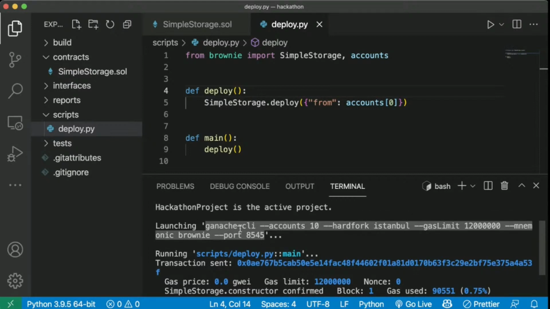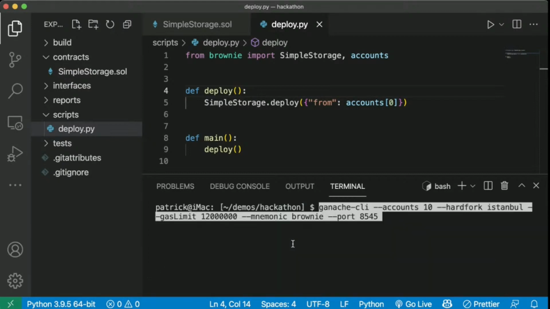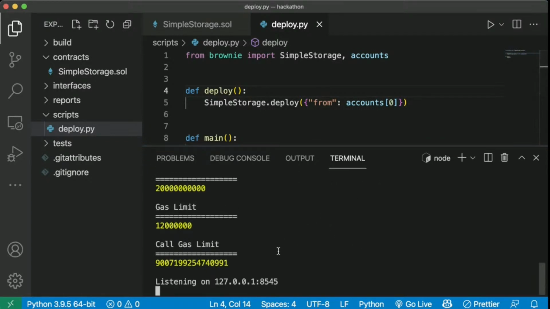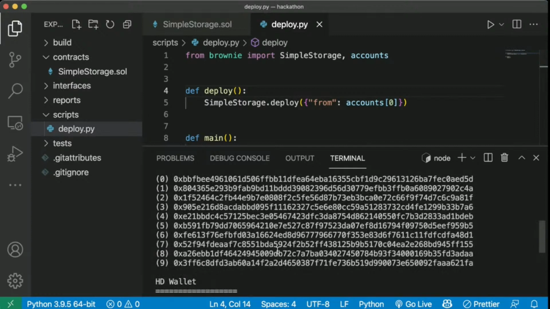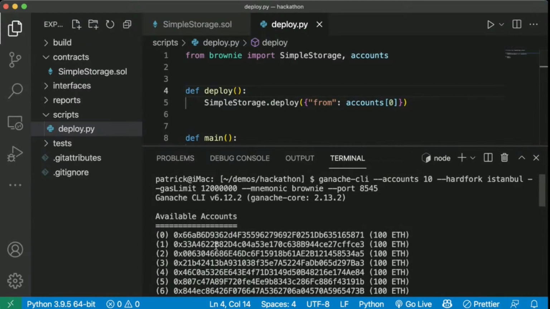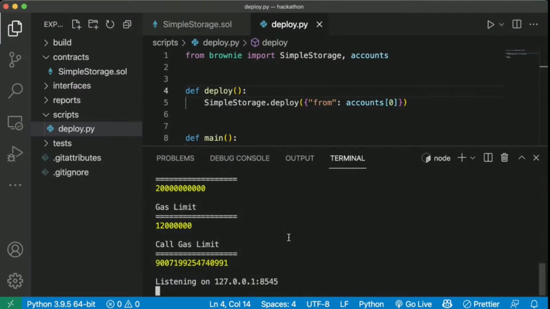And this exact command, if we were to run it ourselves, is the exact same command we could run to spin up our own Ganache chain, right? And it'll give us a bunch of private keys and a bunch of available accounts. But yeah, really cool. So it's spinning up our own, and then after the script is done, it deletes it. If we want to keep the network up, we can spin a network up like this.